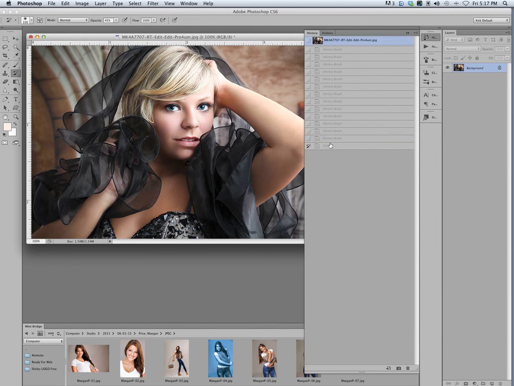Before, after, before, after. And I'm going to go ahead and save this after and repost it next to your before on the Pro Forum. Hopefully this little tutorial helps